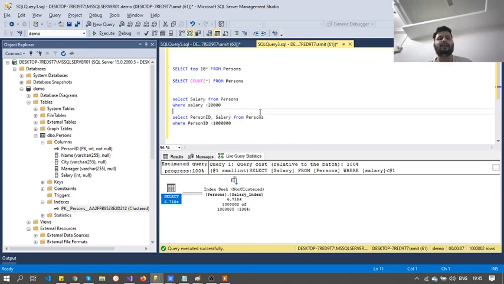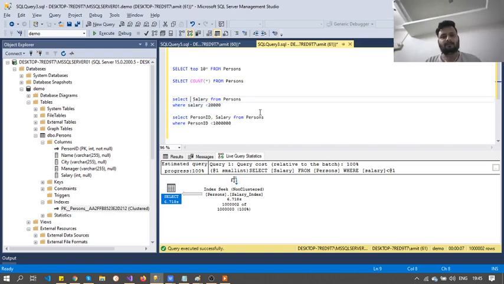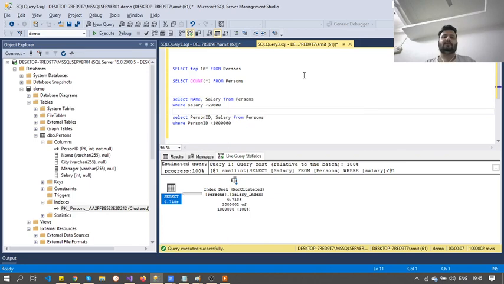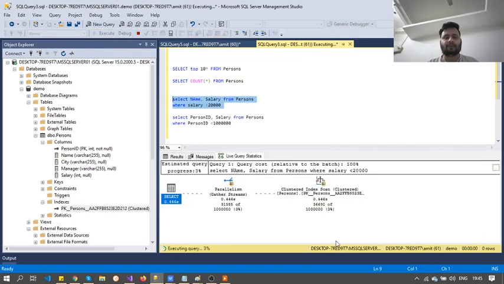But sometimes our assumption is that if a column is in the where clause, and there are many other columns in the select clause, the index will be used because it is made on the where clause column, right? That is a completely wrong assumption. If you see the execution plan again, the cluster index has been used and the rows will be fetched.